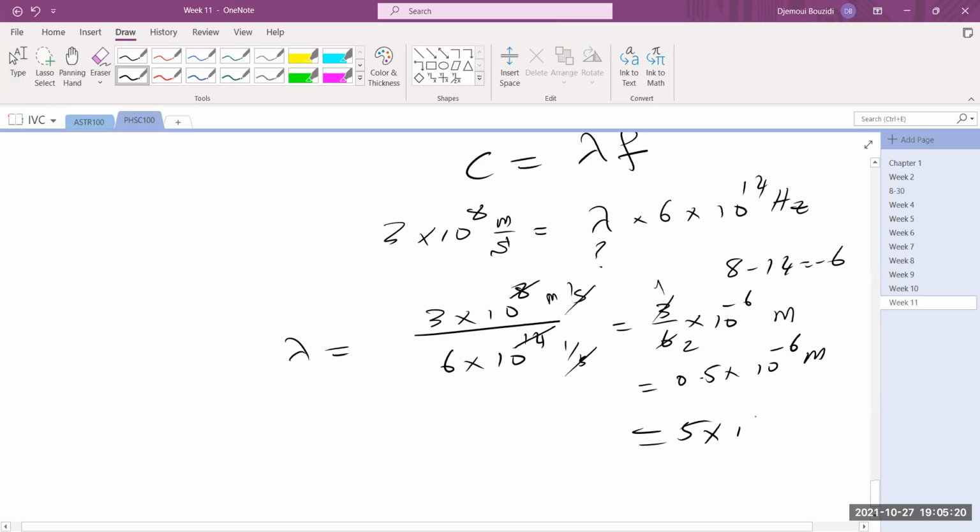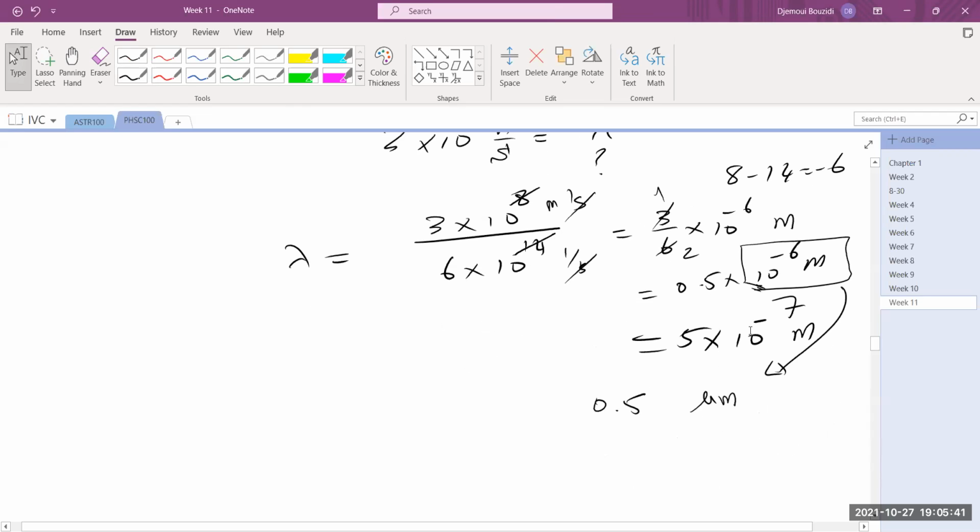So this is your lucky day. I did the whole thing because I don't need a calculator for this one, so you really don't need to do it. So 5 times 10 to the negative 7 meters. Sometimes, actually not sometimes, it's always, 10 to the negative 6 is called a micrometer. So the answer is actually 0.5 micrometer. 10 to the negative 7, that's another way. That's what you're supposed to do. So this problem is answered for you, and you really don't need to do anything to it other than noting that 5 times 10 to the negative 7 meters